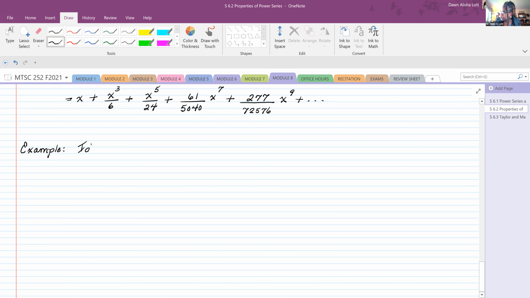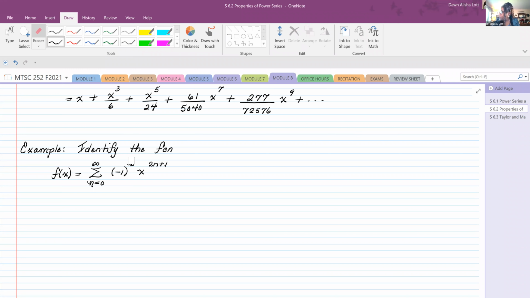So f of x is the sum n equals 0 to infinity of -1 to the n times x to the 2n plus 1,